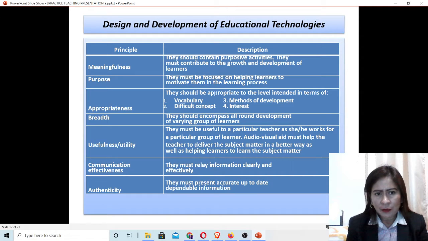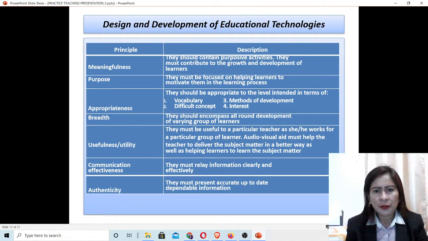Principle is meaningfulness. Meaningfulness is that they should contain positive activities. They must contribute to the growth and development of learners. Purpose. They must focus on helping learners and motivating them in the learning process. Appropriateness.